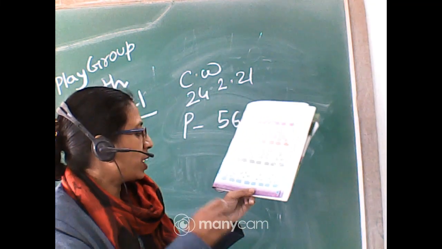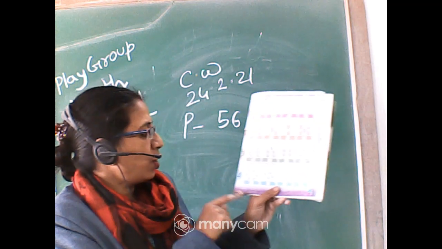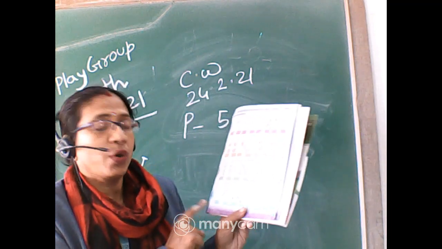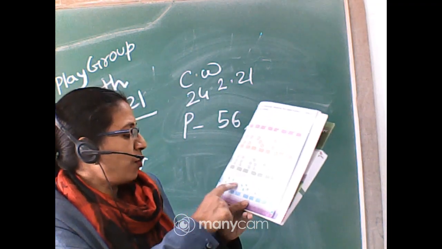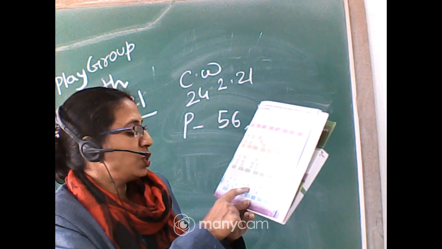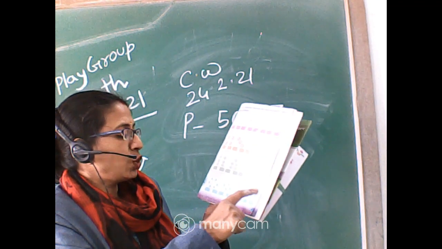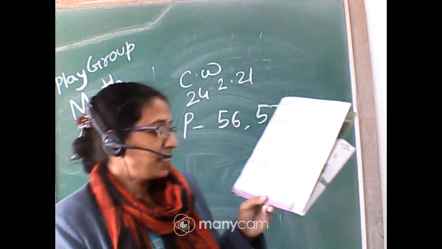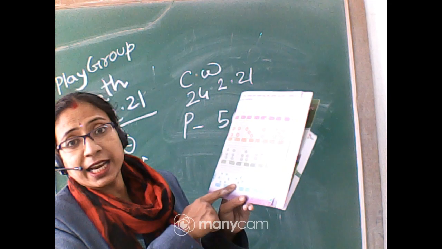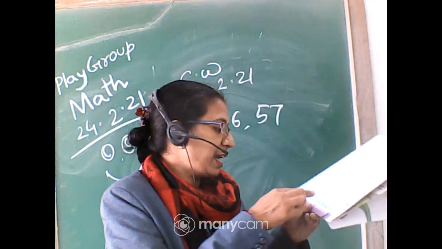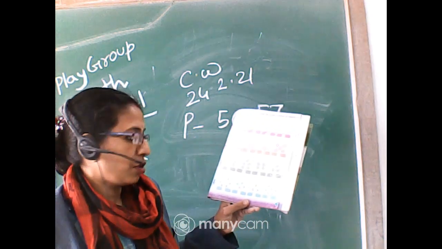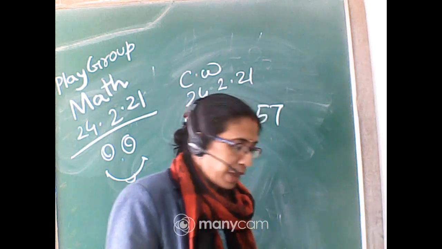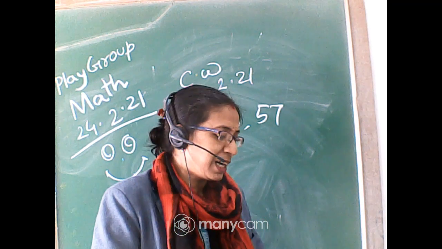And drops. What are drops? I think they are. So, number four is there. We have to find out four objects. 1, 2, 3, 4, 5, 6. 6 are there. 1, 2, 3, 4. 1, 2, 3, 1, 2, 3, 4, 5, 6, 7. So, which box has 4? Mention this one, second box. 1, 2, 3, 4. 4 are there. So, we tick the second box. Okay. So, you do this page and send me the picture.